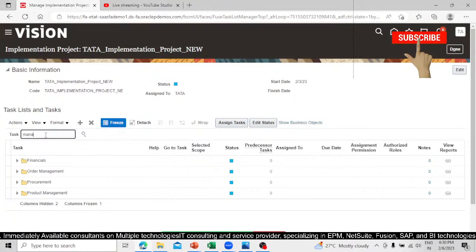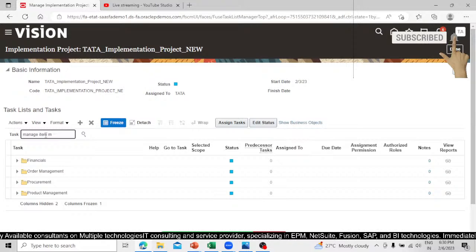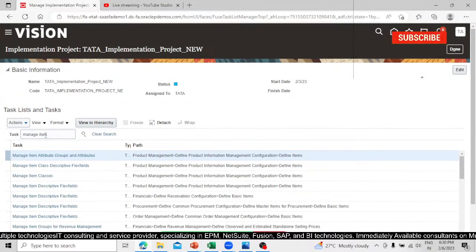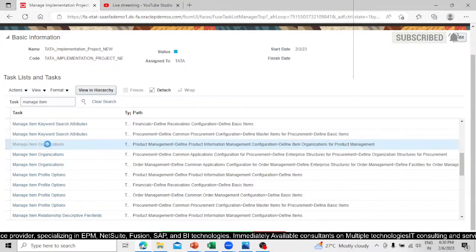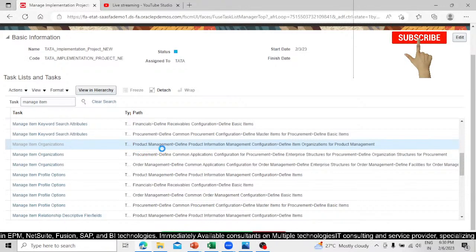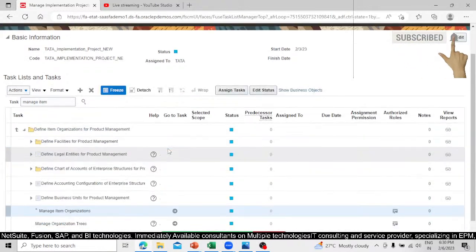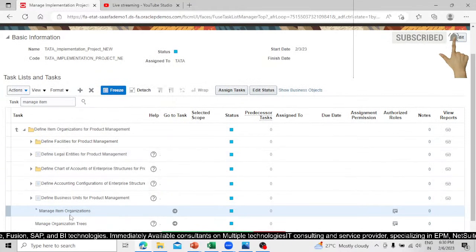Organization, manage item organization, search with the product management, because all the item related information is kept under the product management, right? So we have the item organization,